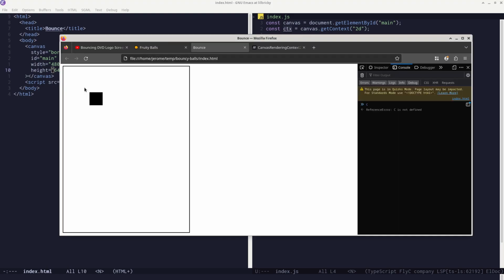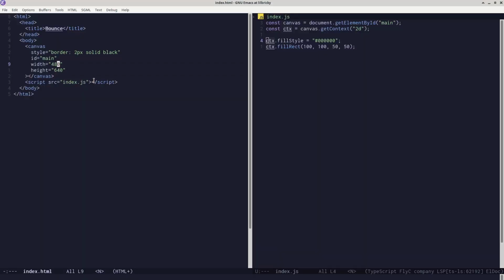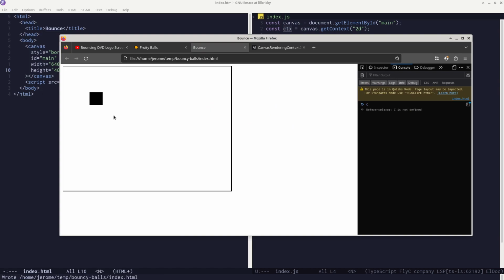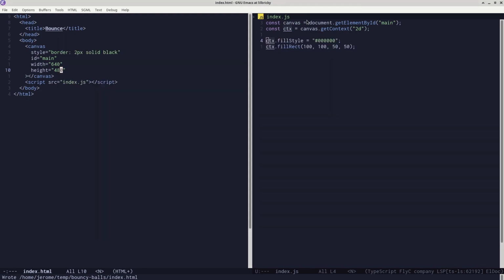It's a little strange. The canvas looks like a total... Oh, I'm sorry. It should be 640 by 480. All right. So now you can see this little box. Now the question is, how do we want to animate it? So if we do try to animate,